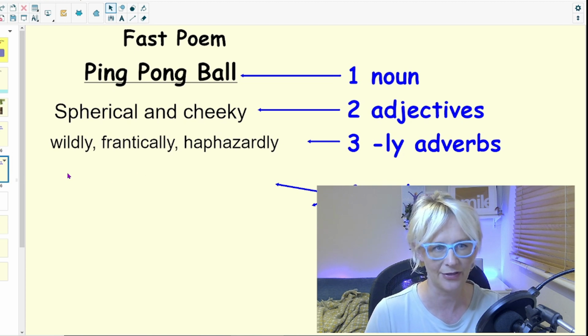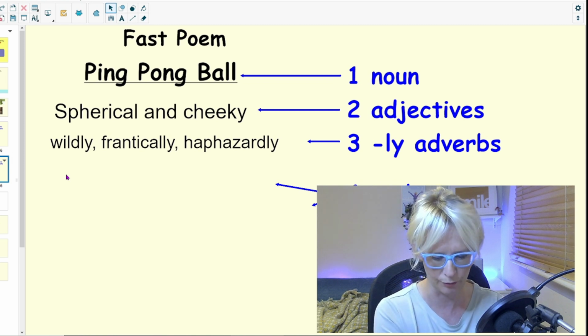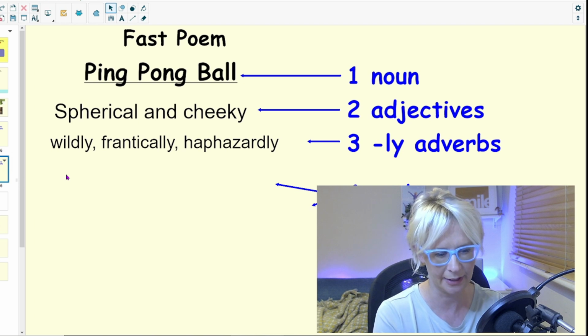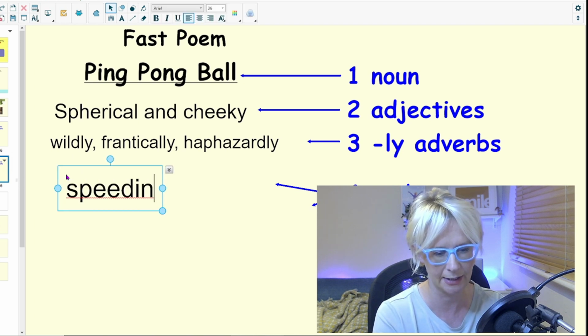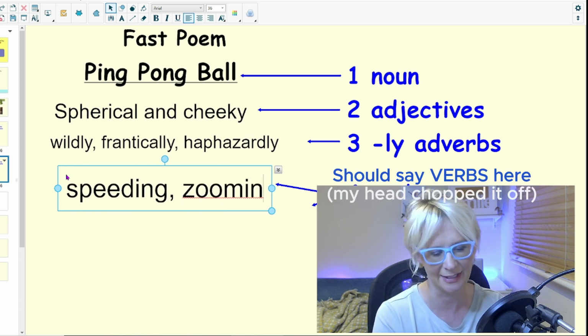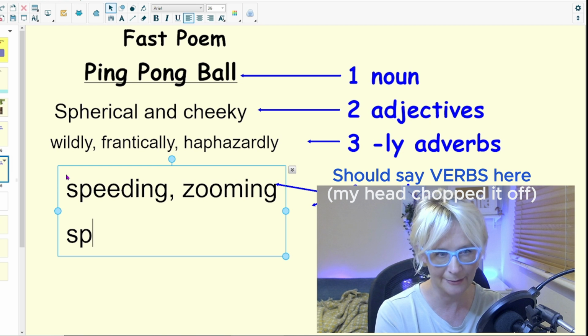Okay, and now we've got to think of our verbs, our action words. What is that ping pong ball doing? Let's have, I'm just going to keep it in lowercase, speeding, zooming, this kind of means the same, doesn't it? Spinning,